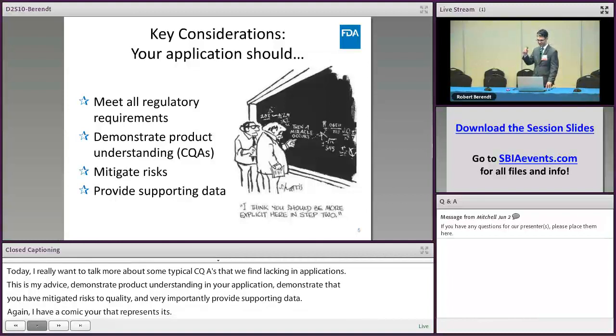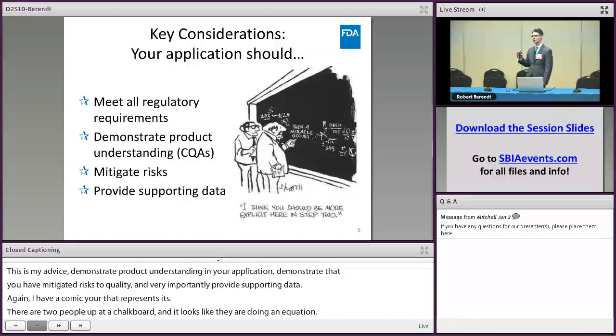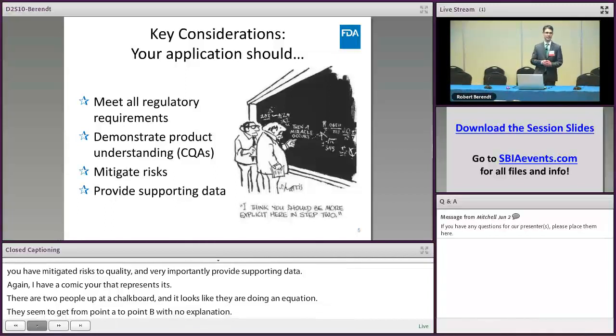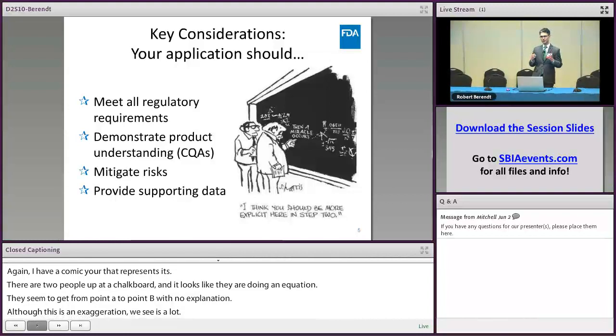They say, then a miracle occurs. And although this is an exaggeration, we see this a lot. We're looking through a pharmaceutical development report. The applicant has provided risk assessment tables, and they go from having a risk assessment where they say particle size